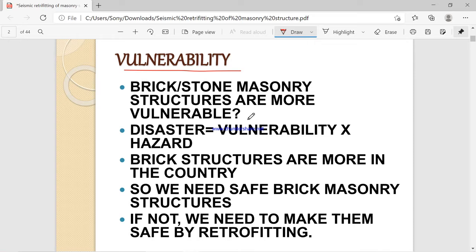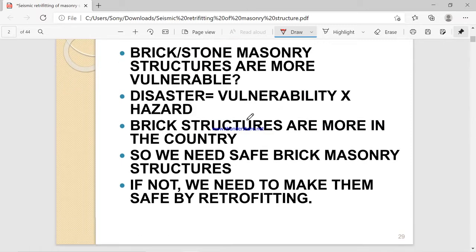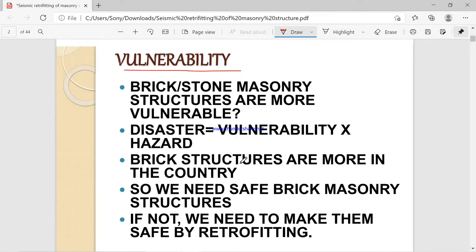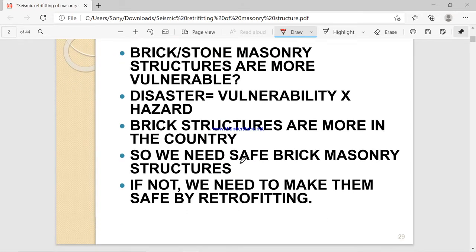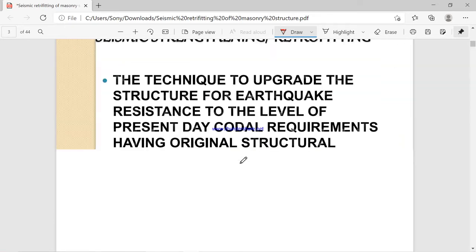So the main purpose of today's lecture is how to make the masonry building perform effectively against the earthquake effect. Let us see that.